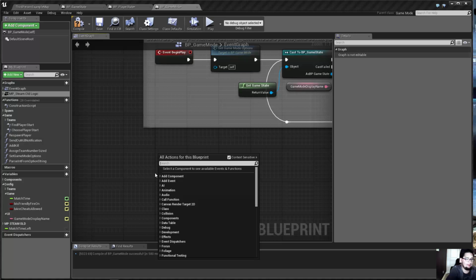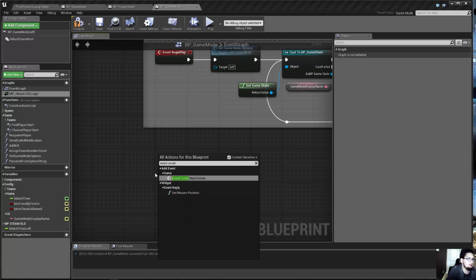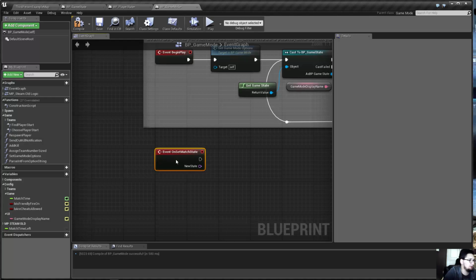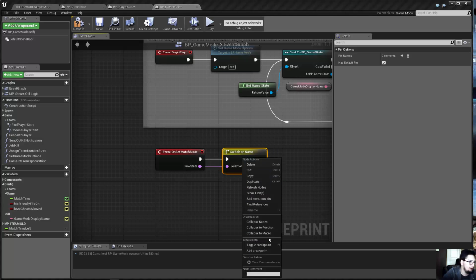So what we can do is override an event, I guess it wouldn't really be overridden, but event on set match state. So that's match state changes. What are we going to do when a state changes? And you can see new state. If we do a switch, and if we